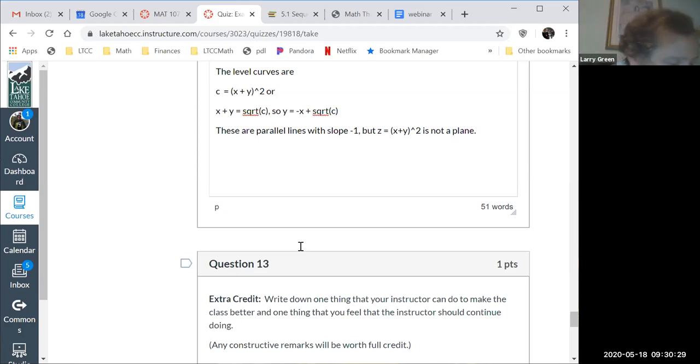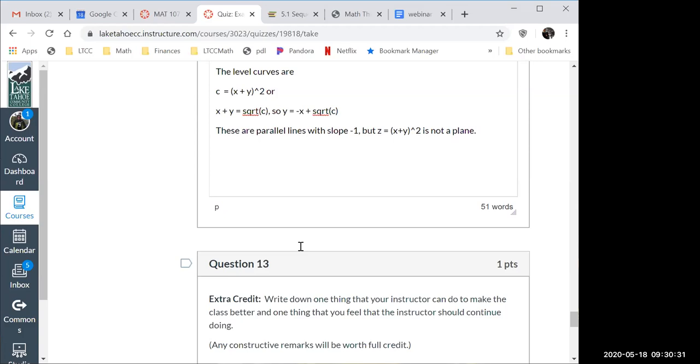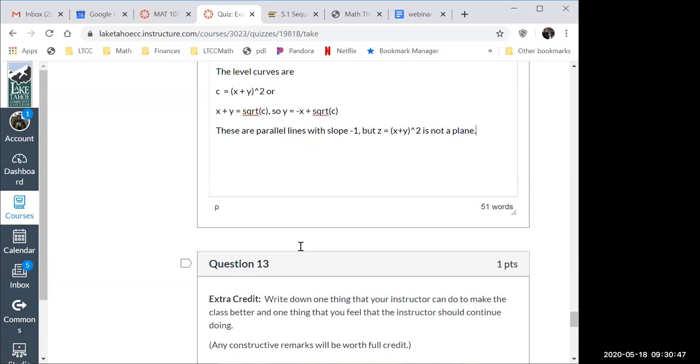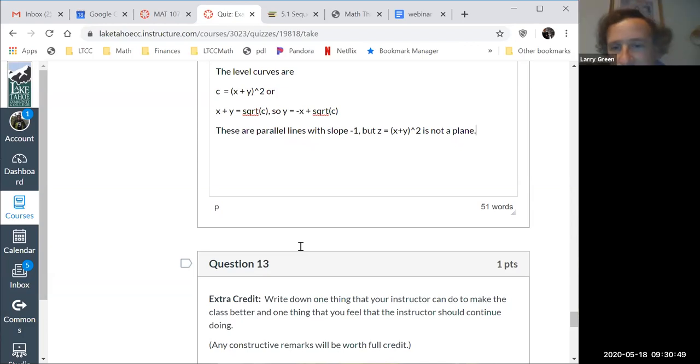Factorial was, I wouldn't say universal, but the one thing that more people didn't like than the rest. Some of you want more examples, like the homework. And also you're upset that the quizzes are different than the homework, okay? Quizzes are going to be different than the homework because they're different. The main thing between the quizzes and the homework is the quizzes are graded by me and the homework is graded by a computer, okay?